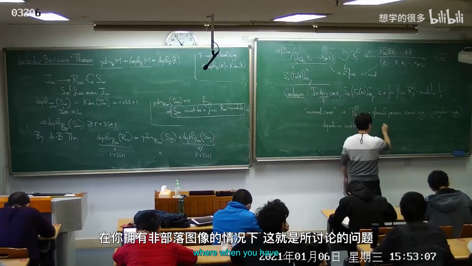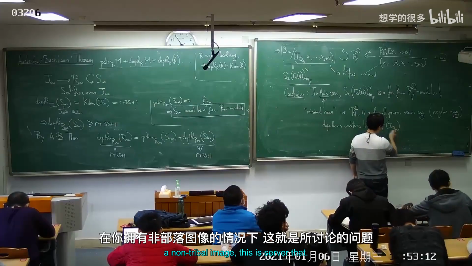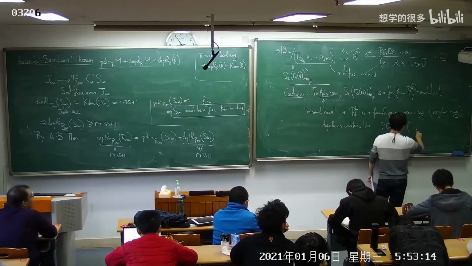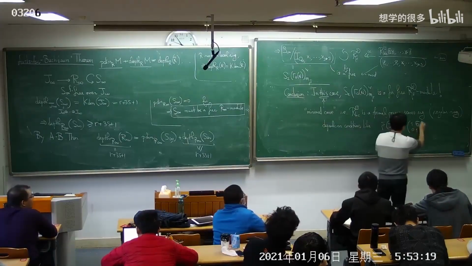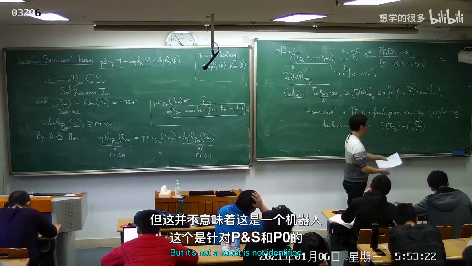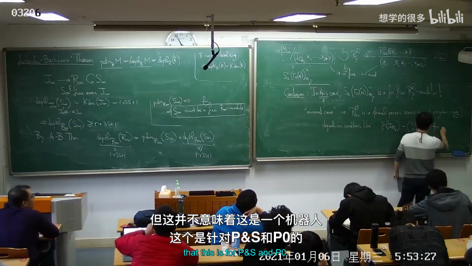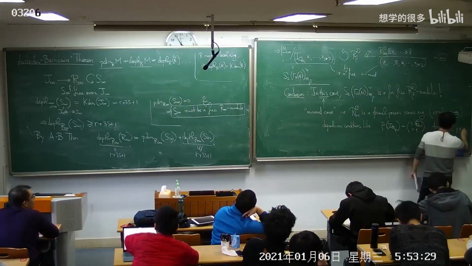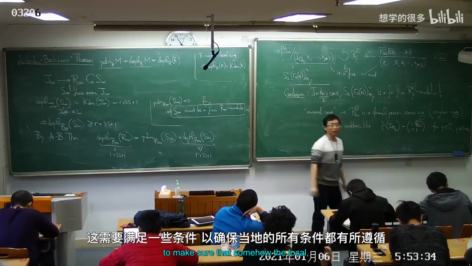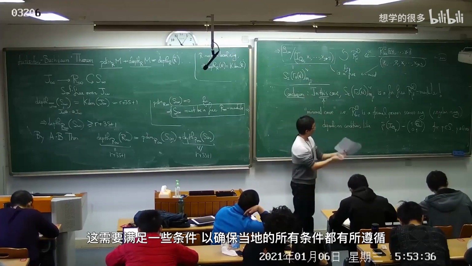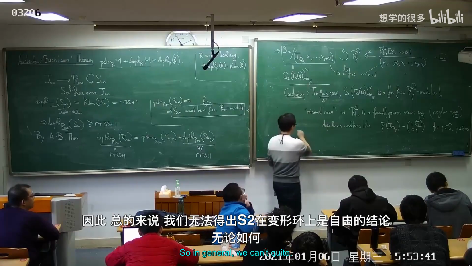somehow this rho bar, when you have a non-trivial image, you require that this image is full FL, but somehow rho bar is not unramified at this p, for p in S and p not equal to l. It requires some conditions like this to make sure that all the local deformations we work with are formal power series. So in general,